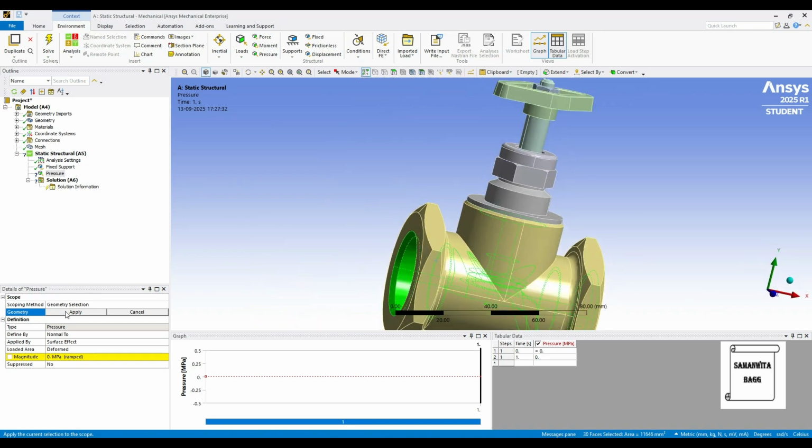Once you've selected all the faces, click on apply. Then we'll give the value of pressure, which is say 5 megapascal.